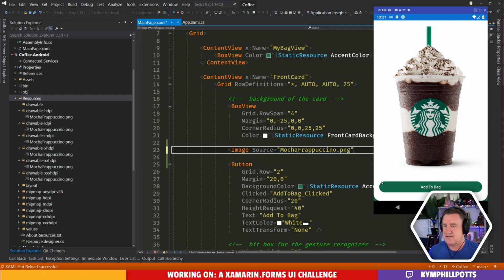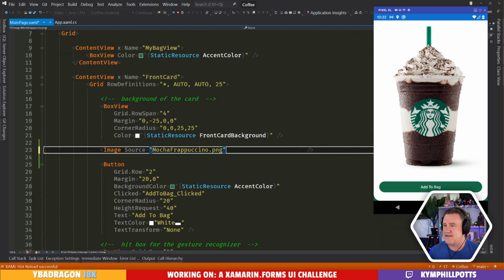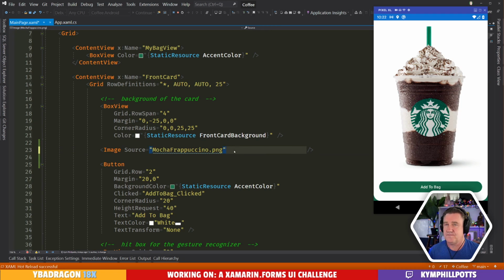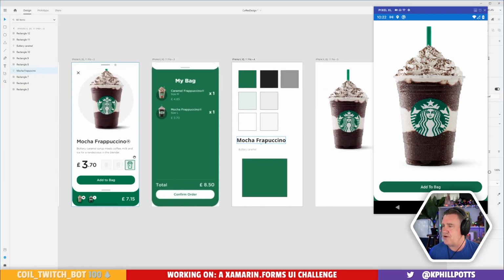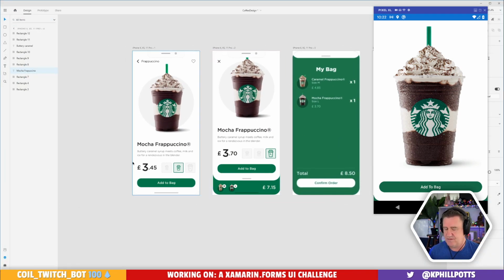Instead, let's add some text in here. All right, let's have a look at our design here. So I think for this section here. Okay, so we had 4 rows.